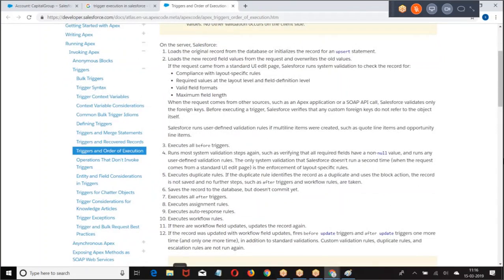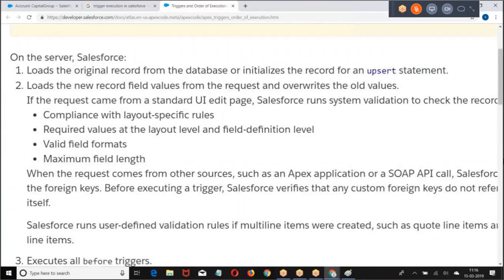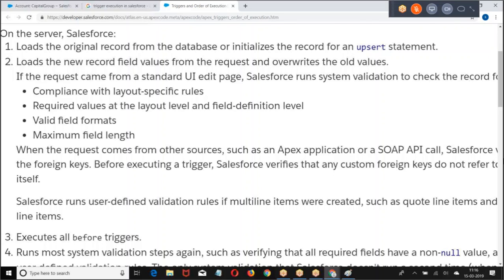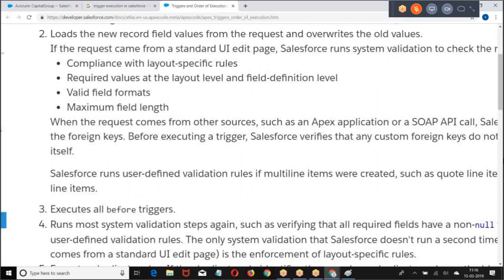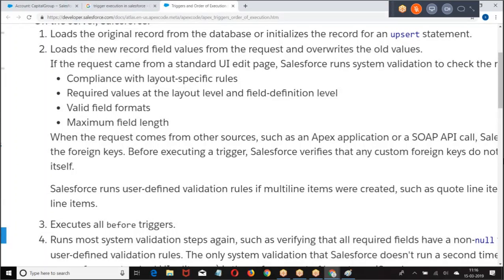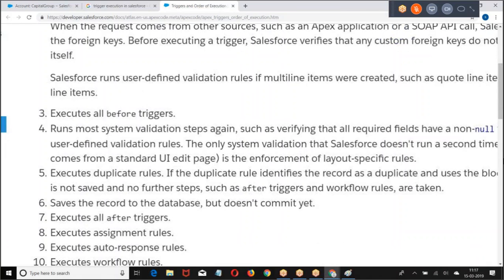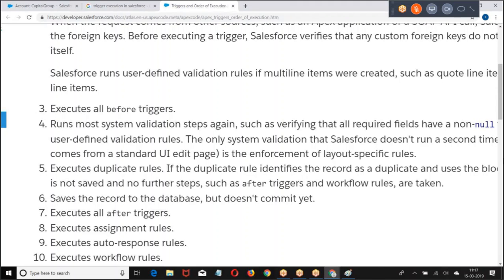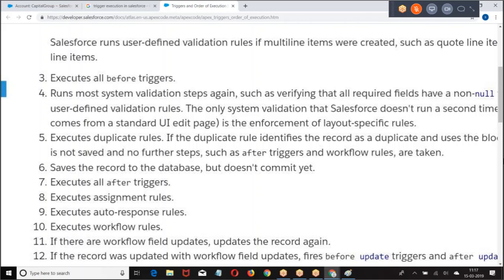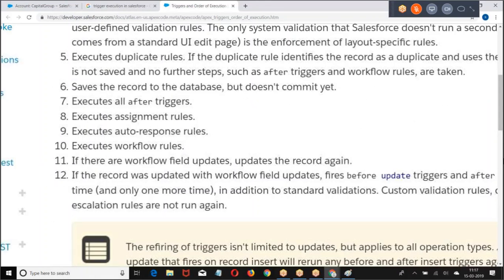First, fetch the record, then check the validation rules. First the system validation rules. What are system validation rules? Required fields are entered or not, data type is matching or not. This is system validation. First, fetch the data, check the system validation rules, check the custom validation rules, then go for before triggers, again check the validation rules, then check the duplicate rules, then save the record, after triggers,